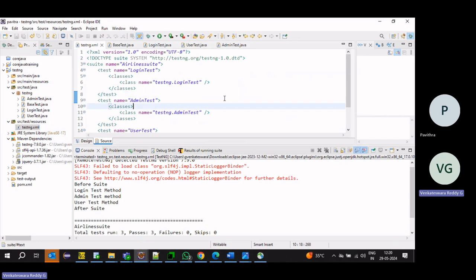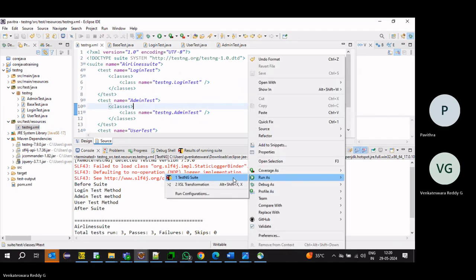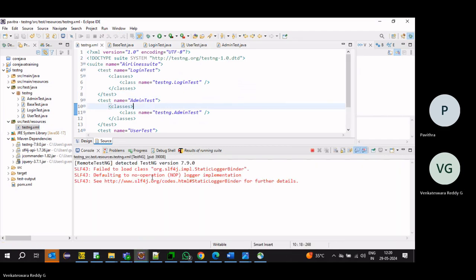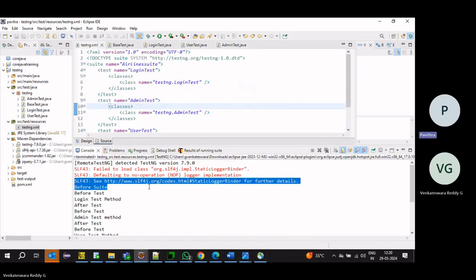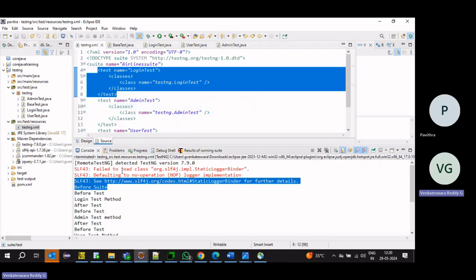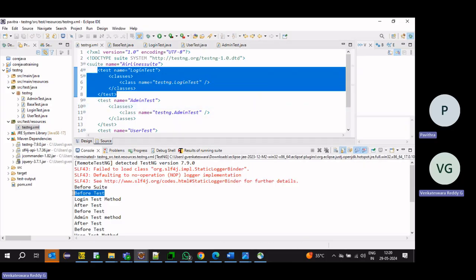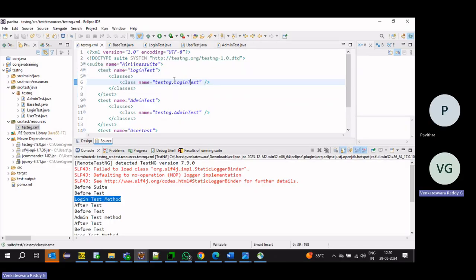Okay, now execute it. Now first the before suite executes. Then the first module is started, login test. Before starting it, before test is executed. Before test annotation. Okay. Then the login method is executed.